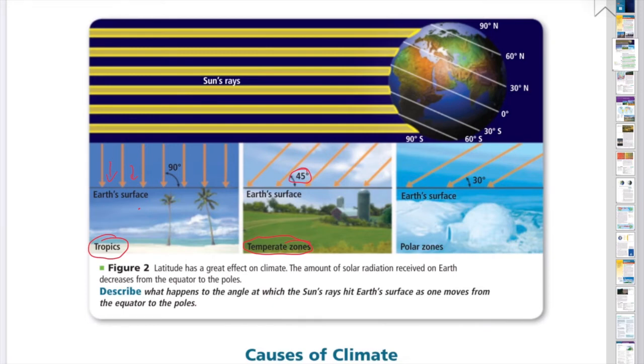And this angle gets smaller in the winter, so the rays will be coming in at more of an angle in the winter. And then in the summer, they might be coming in at a more direct angle, so you'd have more direct sunlight. In the polar regions, we have the shallowest angle of all. Here we have 30 degrees. And actually, there's sometimes when at the poles, they go all the way to 0 degrees, and there's no sunlight at all.